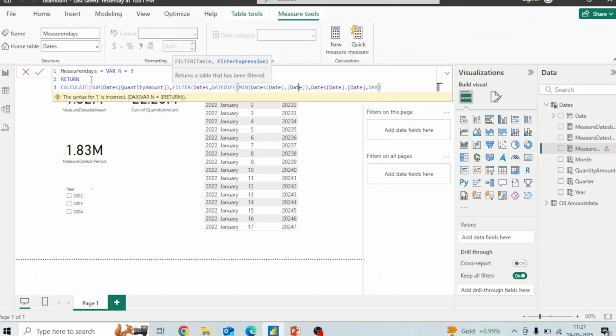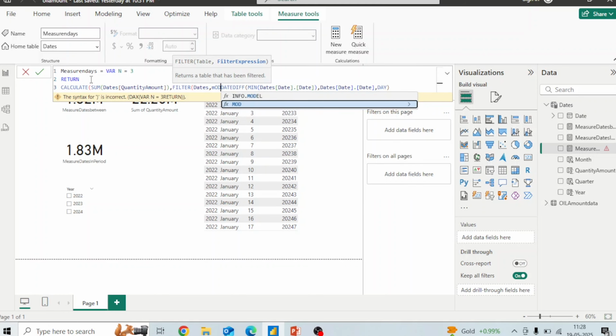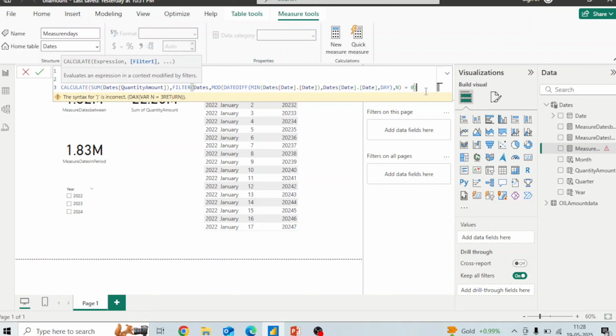Now this is going to give us the difference between the dates as a number. Now I want to find out if this is divisible by n or not. So MOD, this is the number, comma, the divisor will be n, which I have specified from this variable. If this equals 0, I want to find the sum of quantities for all those particular days. So this is going to perfectly give me the sum of quantities for every date at an n-day time interval. If I hit enter,